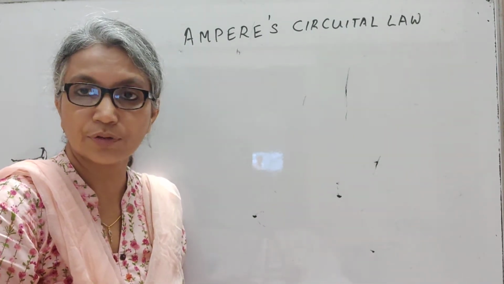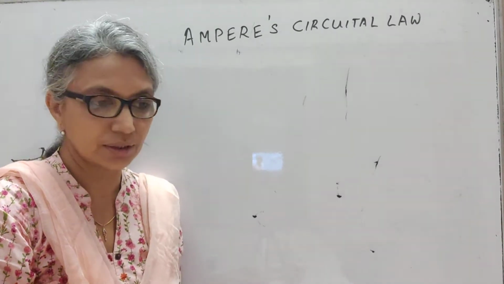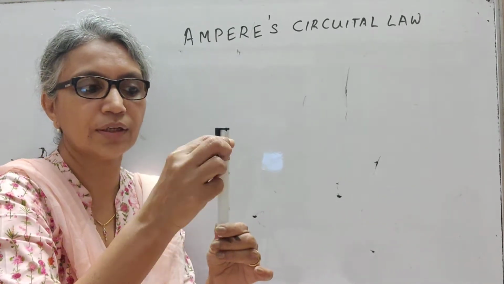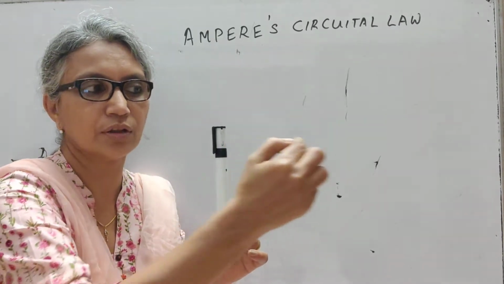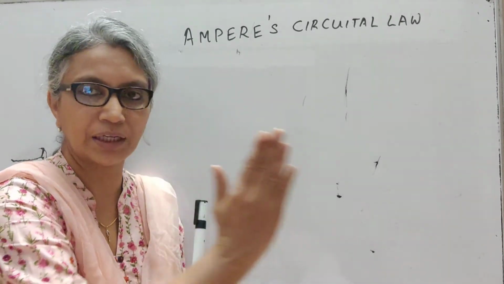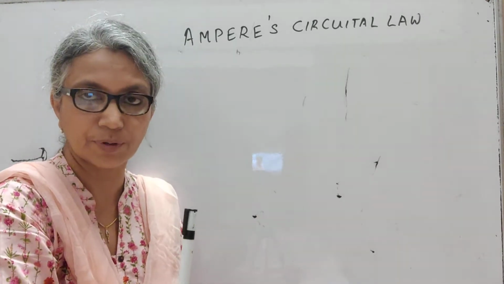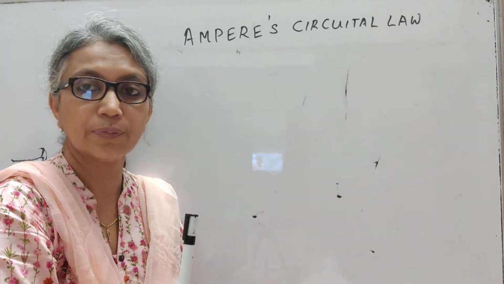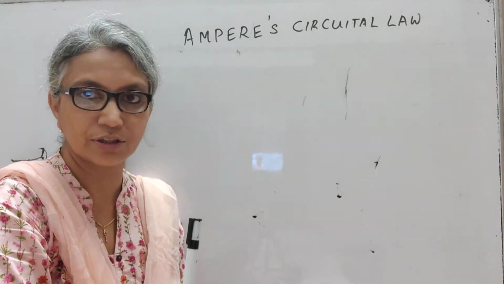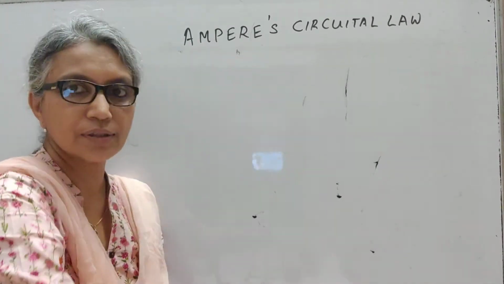We used Gauss's law, if you remember, to find the electric field due to a straight wire carrying charge, at some distance r. Then we used Gauss's law for a charged plane sheet, to find the electric field at a distance r from the sheet. Then the third application was the electric field due to a charged hollow spherical shell. In the same manner, in this chapter, we are going to use Ampere's Circuital law